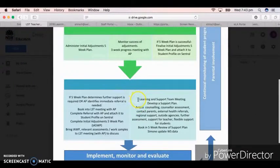So we'll develop the plan, we'll access the counsellor. You might be able to access counselling or a counsellor assessment, or if you need help contacting parents or arranging support in meetings with parents. It could include external health referrals, regional support, outside agencies, further assessment, support for you as the teacher, flexible support for students. So we're trying to create some structures here to maximise the support that you have with the resources